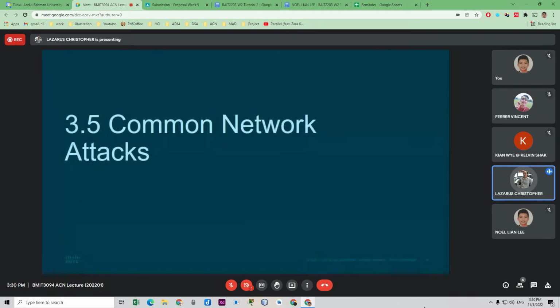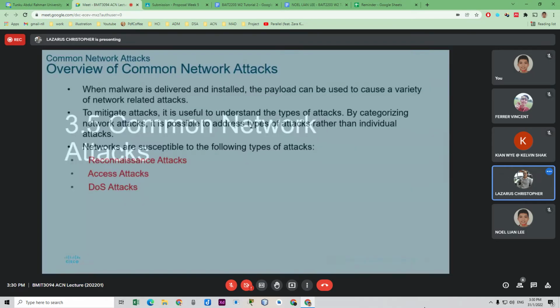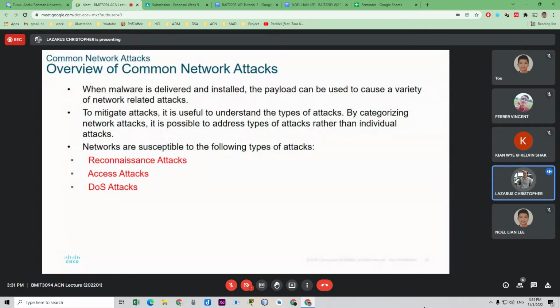All right, so let's look at common network attacks. When it comes to malware, how is it delivered? Malware is usually delivered via a website, a website that's already designed in such a way that the moment you visit it,